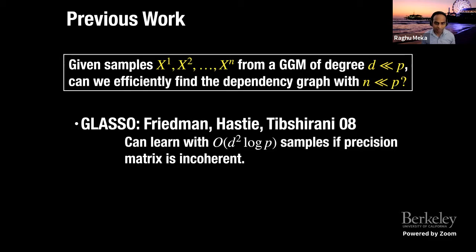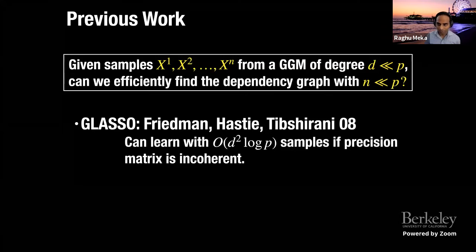Glasso is this work of Friedman, Hastie, and Tibshirani from 2008. And there have been subsequent papers analyzing it. More or less, the best guarantee we know for this method is that it can learn GGMs with sample complexity that is d squared times log p. So the dependence on the underlying dimension p is very good. It's only logarithmic. And the degree dependence is also pretty good. It's just quadratic. But